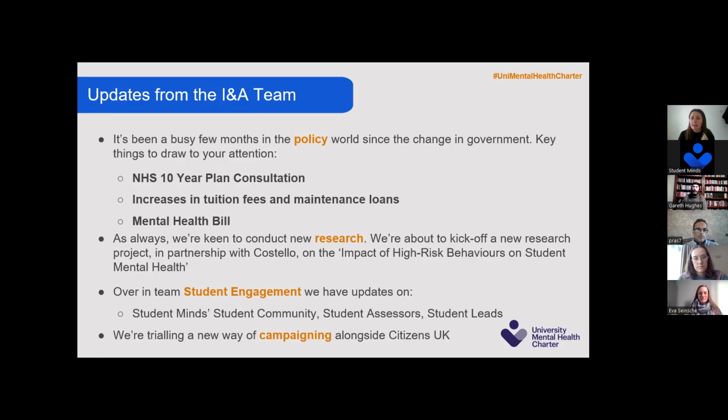So if anyone is a keen campaigner here and would like to be involved, please do drop me an email and we can explore whether you've got a team in your institution already who have been trained, or whether we can set you up with what we're doing with Citizens UK. You would be very, very welcome. We are lacking university staff at the moment in that space, so we're particularly interested in getting university staff members. We're really keen on getting a diverse range of people sharing their experiences and their perspectives with government and with policymakers. So yes, lots happening in the influencing and advocacy team, but I'm sure lots of you will be interested in some of that.